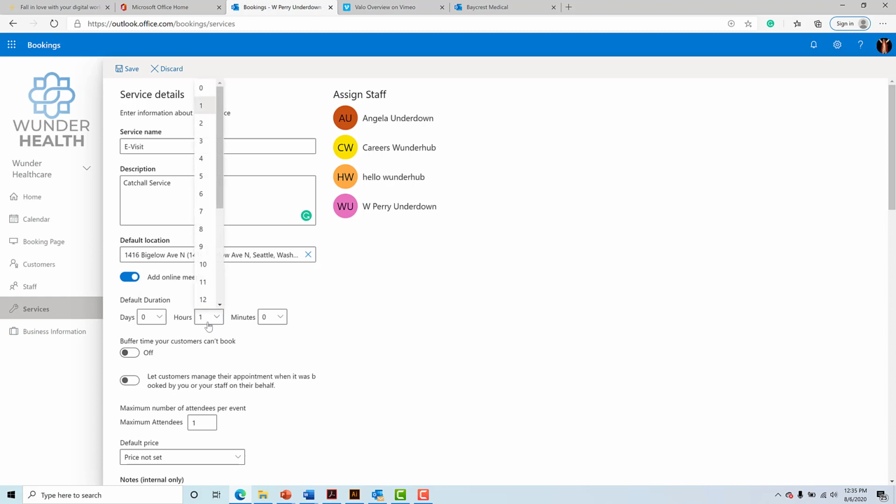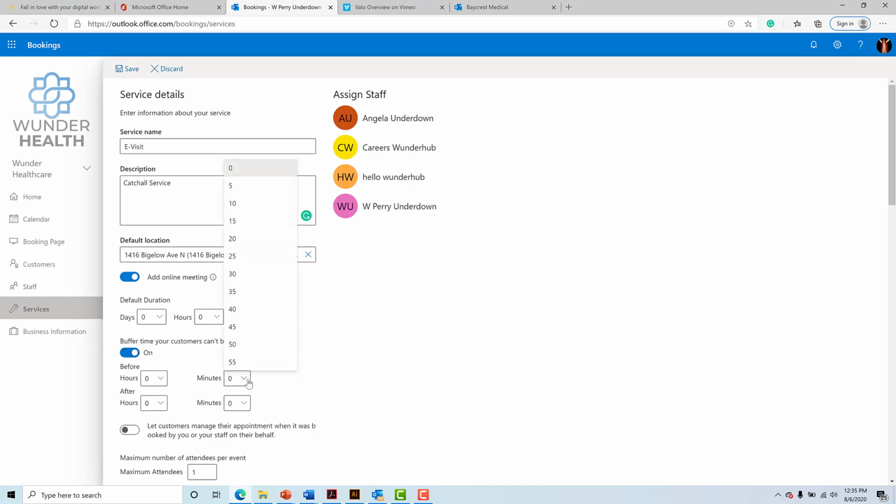Now, this is very important here. How long are these e-visits? So let's say, okay, they're only going to be 30 minutes. But here's a great thing. You need to give some time to your resources to have a buffer on either side of the appointment to make sure that they can sanitize the cart and get to the next appointment. So you can say, okay, great. An e-visit is 30 minutes or 60, whatever you want it to be, but I want to make sure that the resource who is bringing in the video conferencing or the phone or whatever it is has enough time to get in,